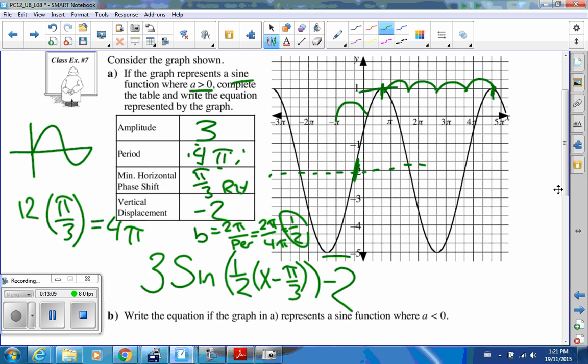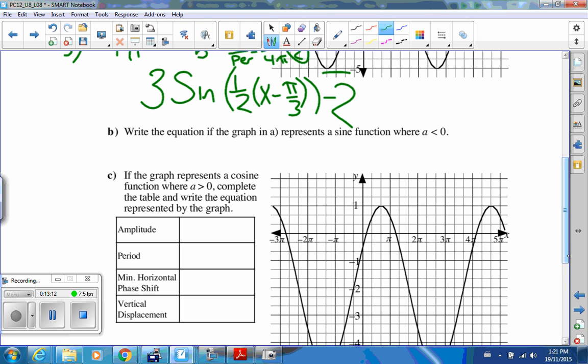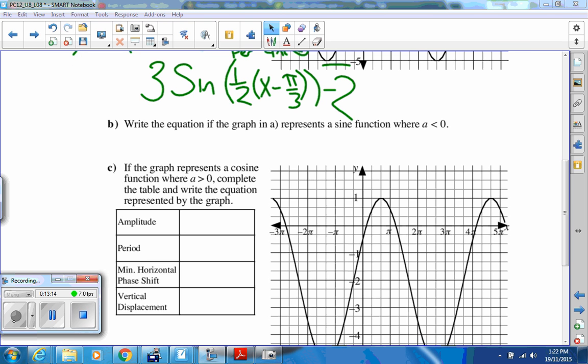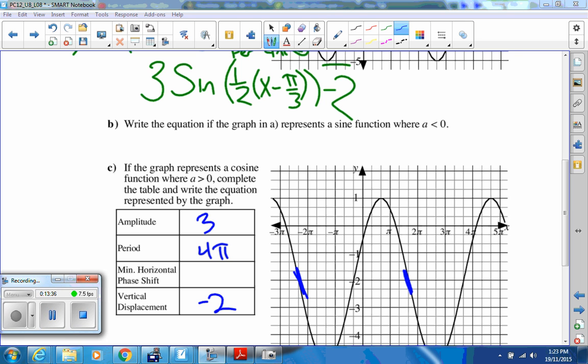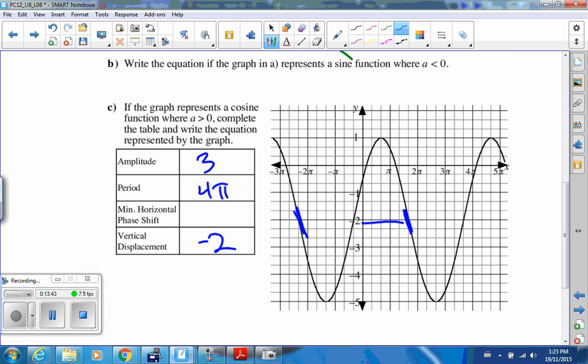Now, if it was a negative sine, all of these other things are still the same. Amplitude is still 3. This is still 4 pi. The minimum horizontal phase shift is going to shift, but displacement is still going to be down 2. So all the other values are exactly the same, but if I want a negative sign, it's got to be that starting point. So which one's closer? That is. And that's 5, so it's going to be 5 pi thirds to the right,